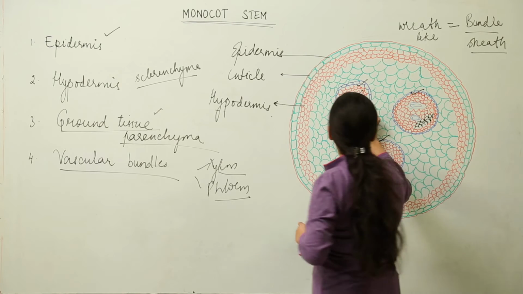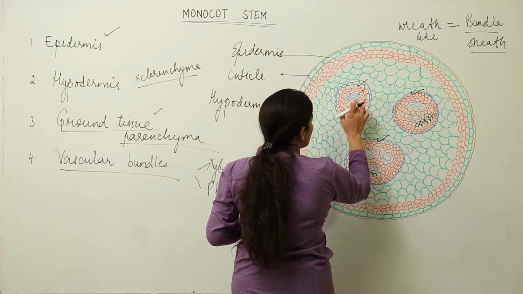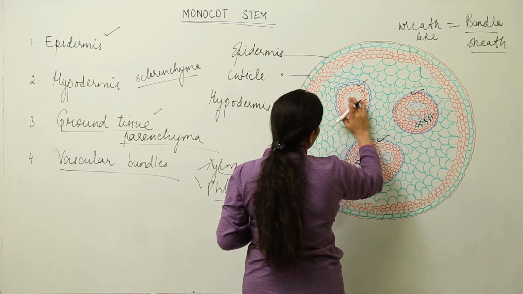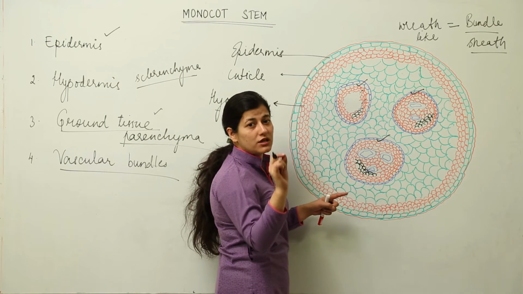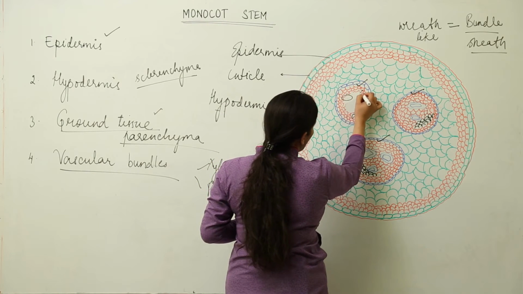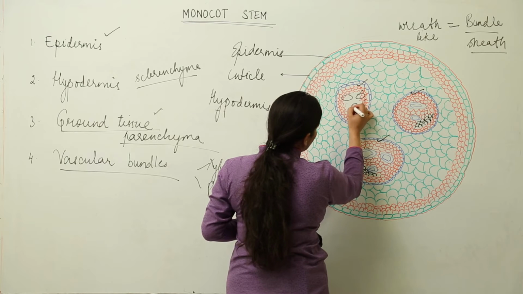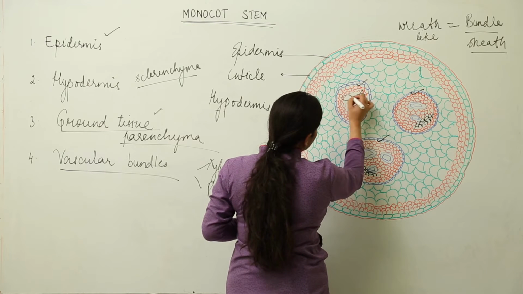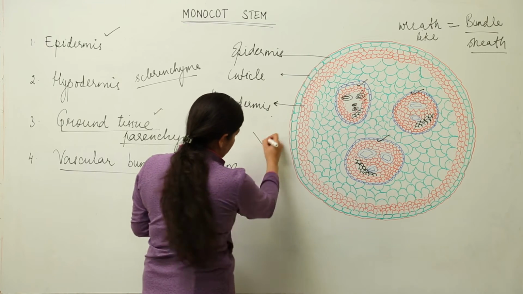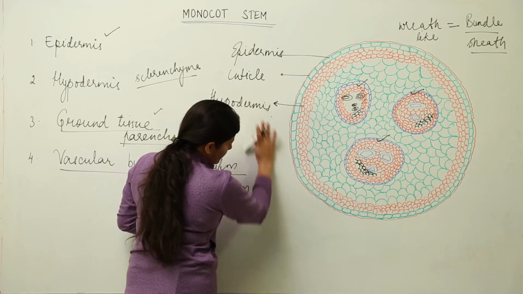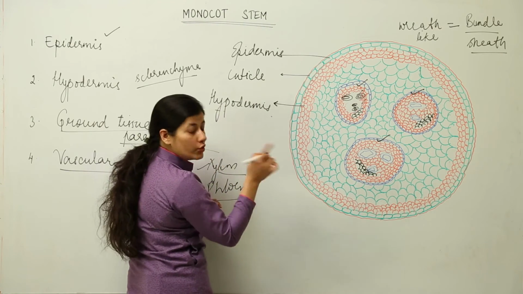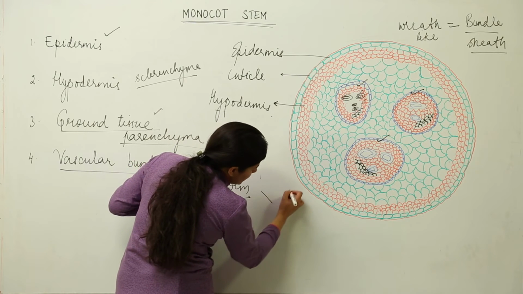Now, here my diagram is a little bit wrong because it was wrong on purpose. Why? Because I wanted you to know that the vascular bundles, talking about xylem, the xylem has to be arranged in a Y-shaped pattern. Alright, something like this. Xylem would be arranged in a Y-shaped pattern. Now, like this. Over here, please remember the arrangement of xylem in the vascular bundle of monocot stem is such that it forms a Y-shaped pattern.